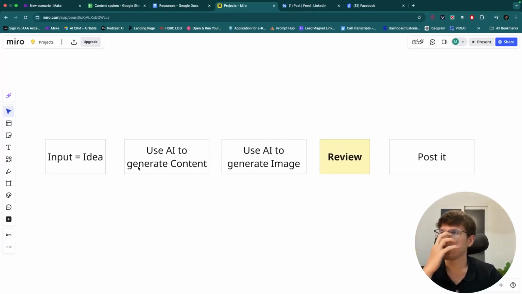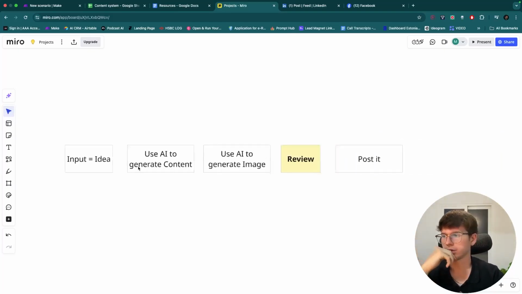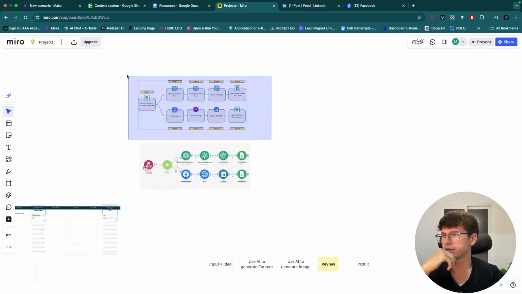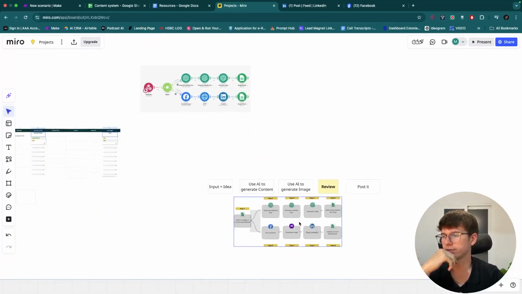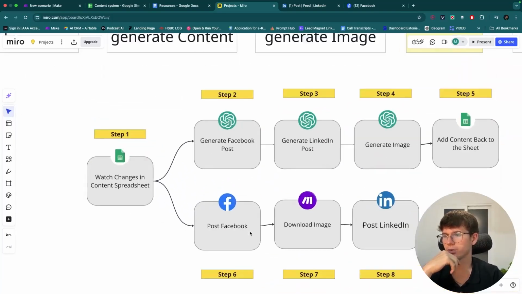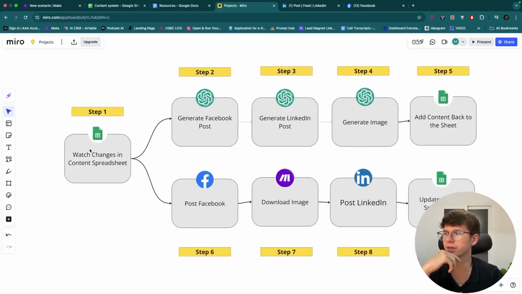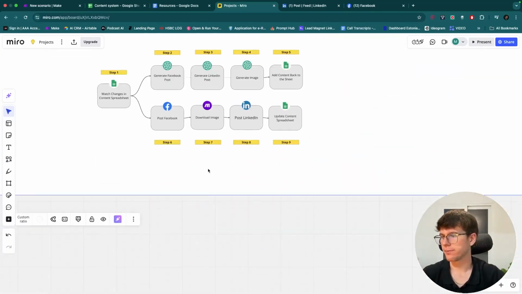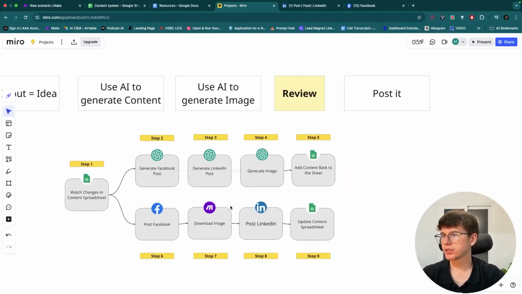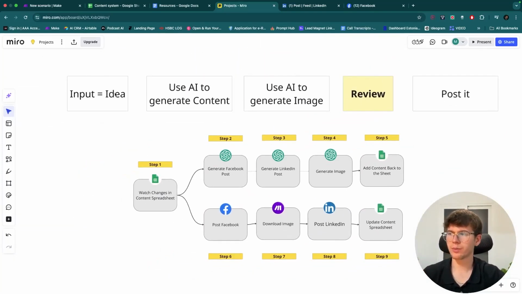Okay, now I already mapped this out, I'm gonna be honest, because I've built this hundreds of times. I'm gonna take the mapping that I made and bring it here. So these are the different steps that we have within the automation. Step one is watch changes in the content spreadsheet. I want you guys to think through why I'm seeing these things and understanding why we built it this way. Because we want to make the content first, and then we want to review it, and then we want to post it, the automation itself is